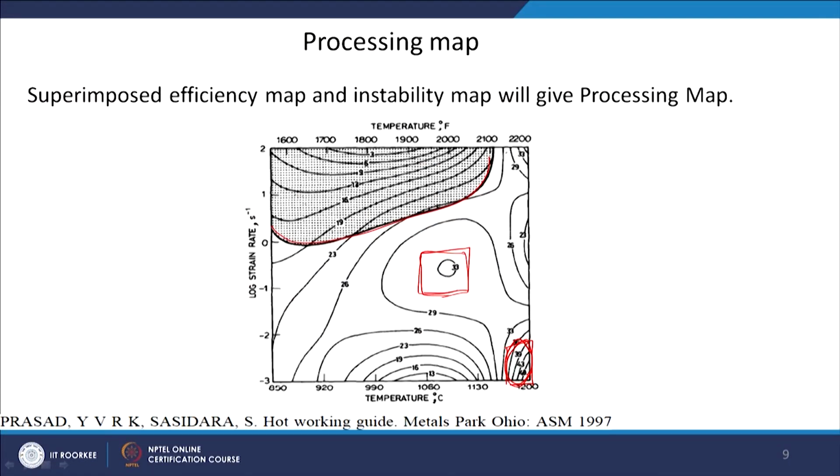Okay. Here it is 48%, but here it is only 33%. Okay. But the temperatures are lower, and of course, the strain rate is slightly higher. Okay. So, that is also good, that you can do the processing at a higher strain rate. So, it will take much less time. Okay. So, the productivity will be more. Okay. So, all these things have to be considered by an engineer who is designing the process. Okay. Of course, you have to avoid the unstable region.